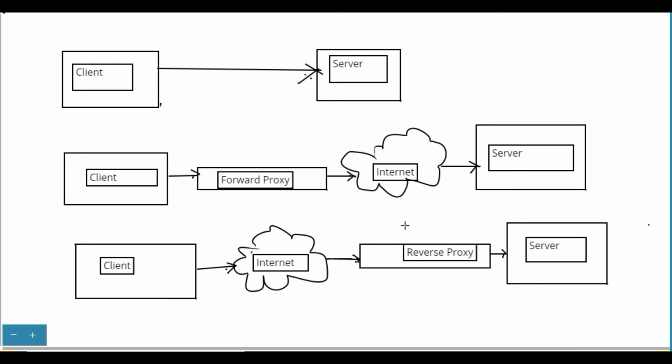What are the other benefits that a reverse proxy provides? A reverse proxy provides caching. Suppose there are certain contents that you want to cache. There is usual traffic that comes and you want to cache those contents, then the reverse proxy provides that cache. It also provides SSL termination. Usually the traffic coming from the client is HTTPS, secure HTTP, and the reverse proxy terminates the HTTPS and only HTTP connections are sent from the reverse proxy to the internal servers. So this is the difference between the forward proxy and the reverse proxy.